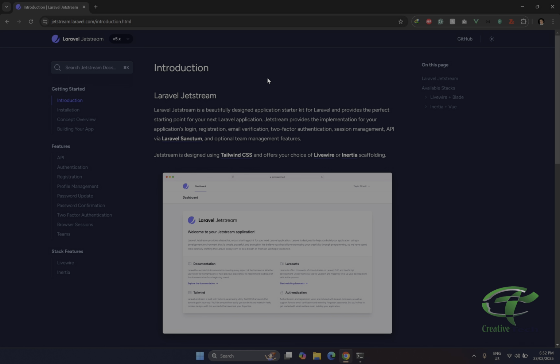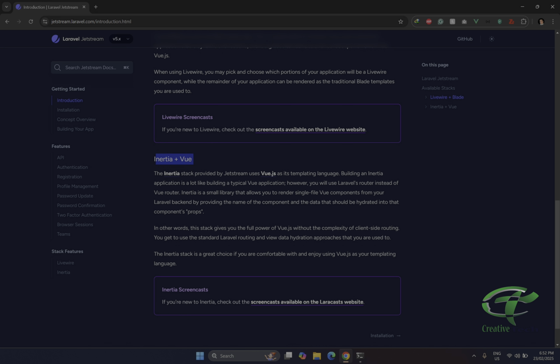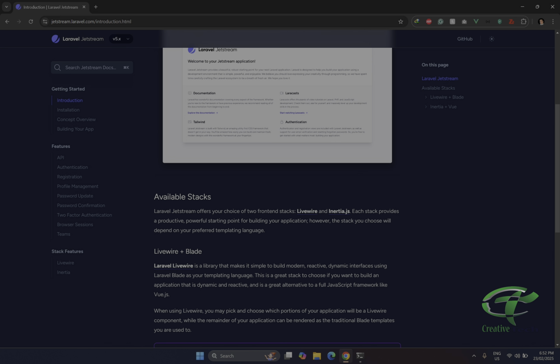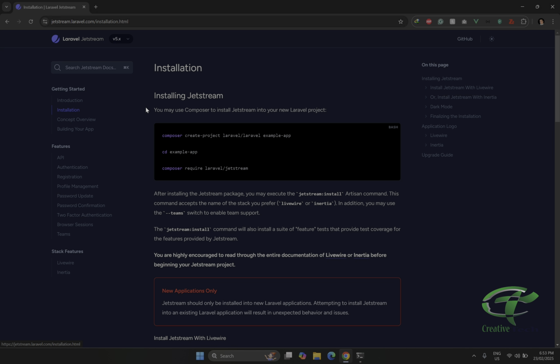So here you can see the Jetstream documentation, and Jetstream by default comes with Tailwind CSS, and you have two choices, so Livewire with Blade or Inertia with Vue. So if you scroll down here, you can see Laravel plus Blade and Inertia with Vue. So if you want, you can read all of this documentation. But for now, let's go to the installation, and here you can see Composer create project Laravel example app, and